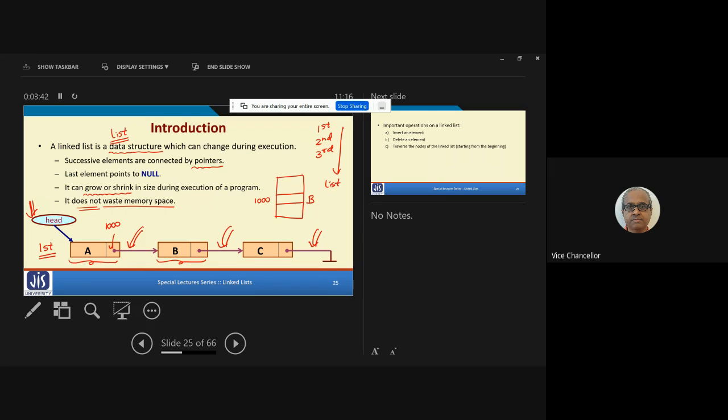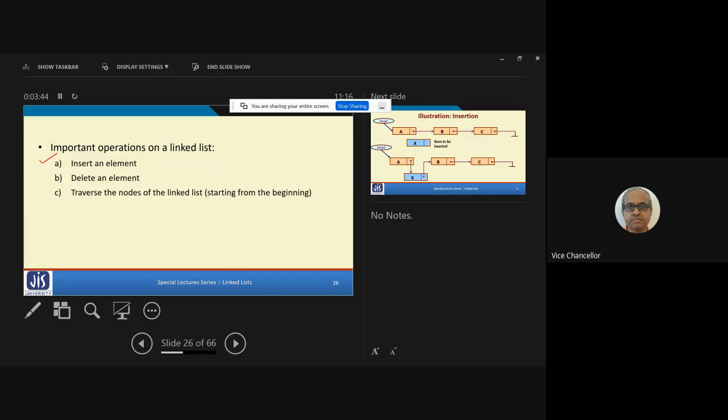Okay, let me explain this with the help of the next slide. So what I'm saying is that suppose I have a linked list. Let's say I'm drawing a linked list. Let's say there are 3 elements. The linked list is like that. Now we can insert an element in the linked list. This we shall be explaining in detail later. So instead of 3, I may want to insert one more element. What I do is change this pointer, I make this point here, I make this point here. So now the list will contain 4 elements.